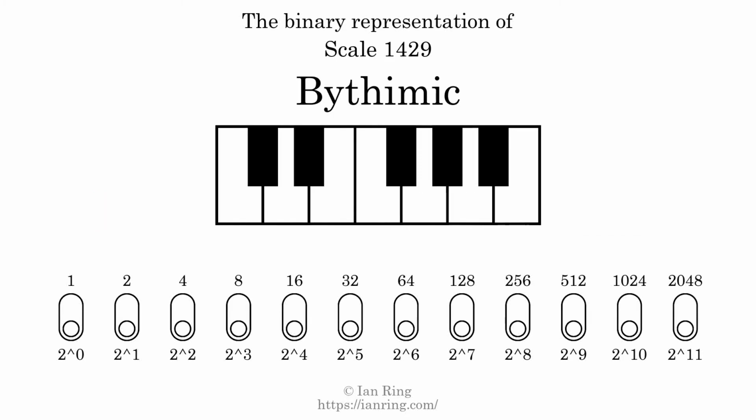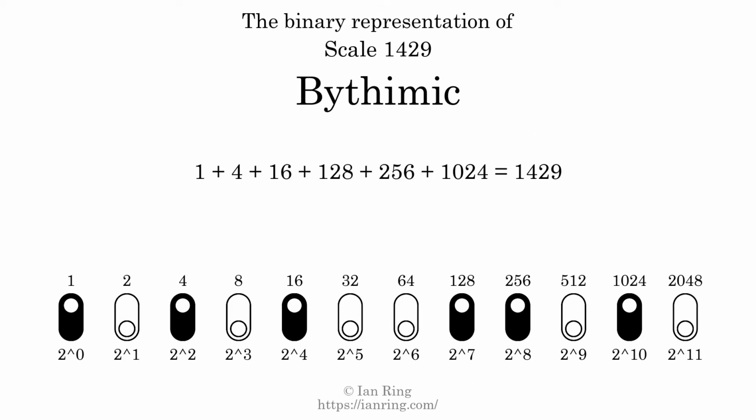The binary representation of this scale is determined by mapping tones of the scale to binary digits. Each binary digit represents a power of 2. To get the scale number, we add the powers of 2 together. The powers of 2 that are present in the scale, all added together, equals 1429. That is why the scale number, in decimal, is